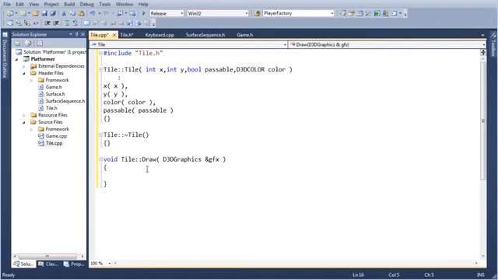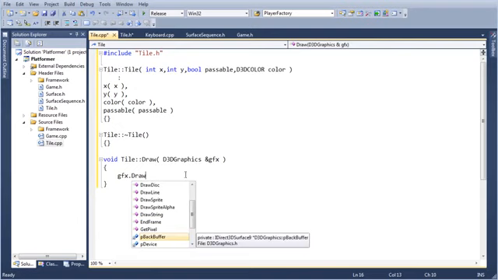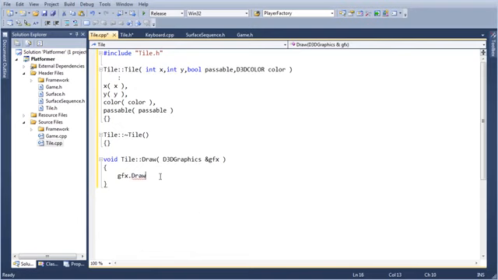So it'll be a simple draw rectangle. Do I even have that? Draw. I don't have a draw rectangle. That sucks. I thought I had one of those. Yeah, I guess I can make one.